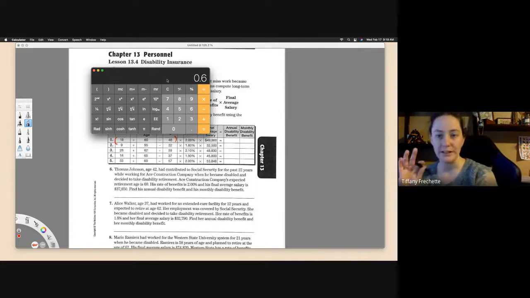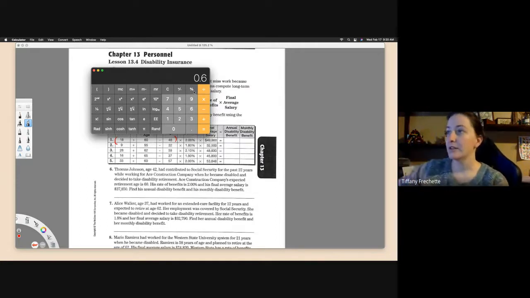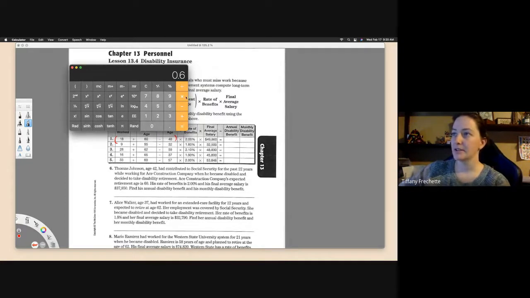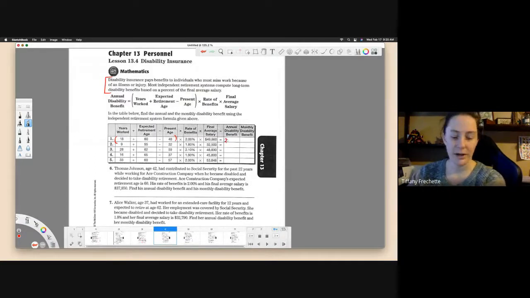I was a little worried that sometimes the calculator doesn't quite understand what you're putting in if you're putting in multiple operations, so just be careful with that. But it automatically moved the decimal over. So 2% looks like this, and then it multiplied by the 30 all in one step. That's why it went immediately to 0.6. So we also need to multiply that by the final average salary that they give us here. So times 49860 equals, so we end up with a disability benefit of 29,